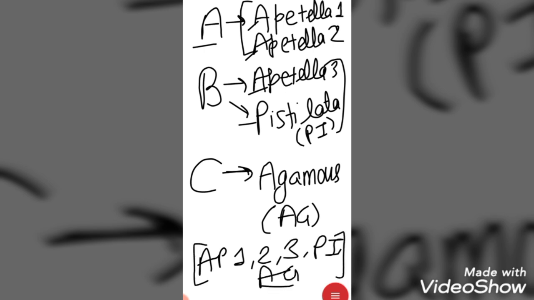These 5 are floral identity genes which will give identity to the different parts of the flower, like sepal, petal, carpel and stamen. So Apetala 1, 2, 3, Pistillata and Agamous are divided into 3 gene families, A, B and C. That's why it is called the ABC model of flower development. You have to remember these names. Apetala 1 and Apetala 2 are the class A genes, Apetala 3 and Pistillata are the class B genes, and Agamous is the class C gene. Now we will discuss how they give identity to the flower.